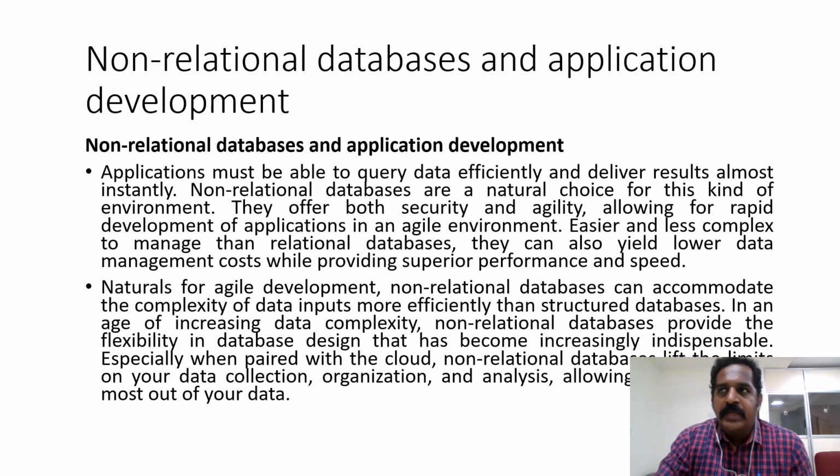And when an application is interlinked with non-relational databases, it can access much faster, quicker, the data which is actually needed. For example, if you are on an online shopping application like Amazon or Flipkart, or Zomato, Swiggy, this kind of application uses this kind of database management system. Whenever you search for a particular location, you will get different kinds of results. If you are in the northern or southern part of India, or in any other state in India, based on the cities and the rural areas, the locations, and based on the